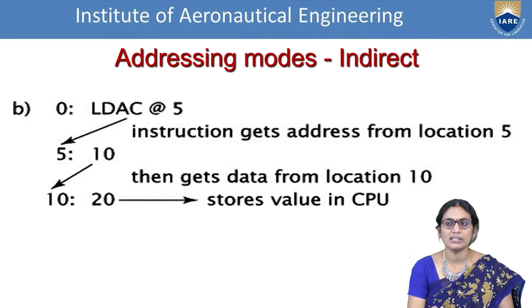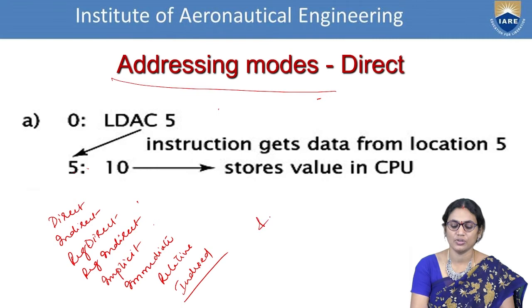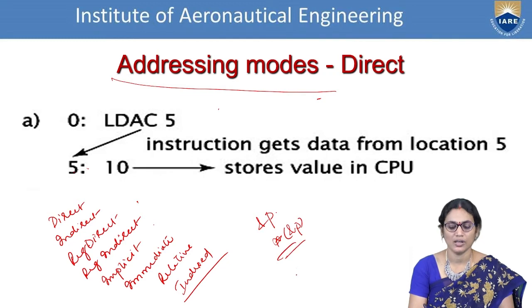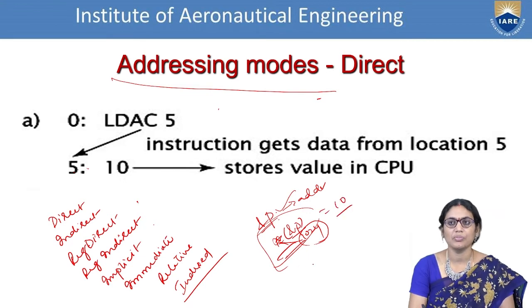Let's come to the next one, that is indirect addressing mode. In this case, you can say that it is something like a pointer specification. For example, if I give pointer P, star of ampersand P gives me the original value. This is the direct addressing mode. So in C programming, ampersand P specifies the address, whereas star of ampersand P specifies that the location number, say 1024, is there. From this location, fetch the value. So let us say 10, so this will be fetched out. In this way, you are performing the direct addressing mode by specifying the ampersand P.